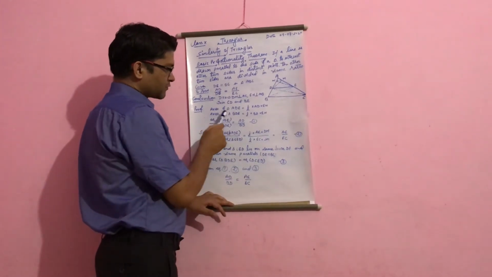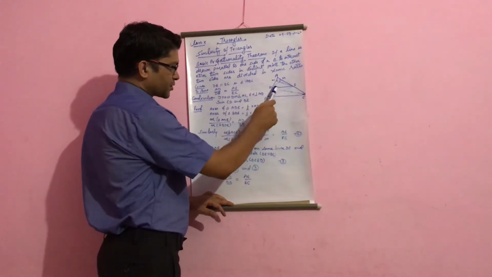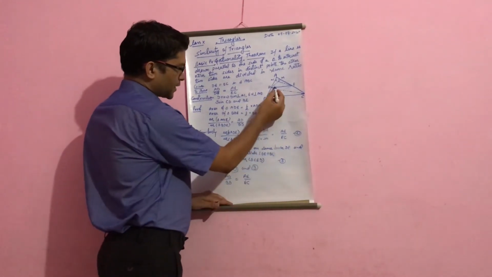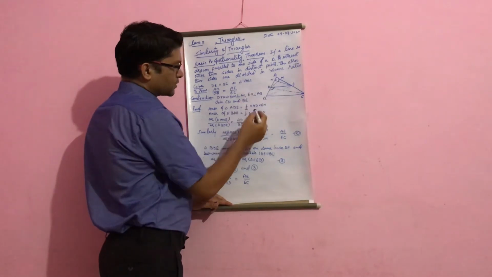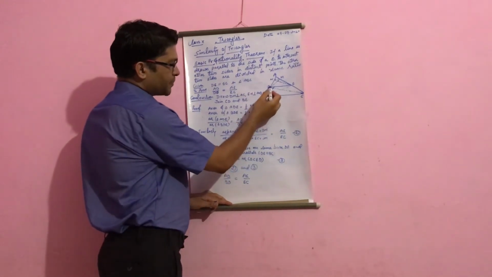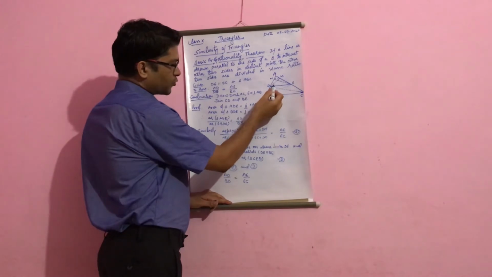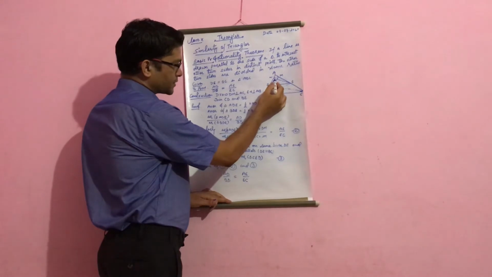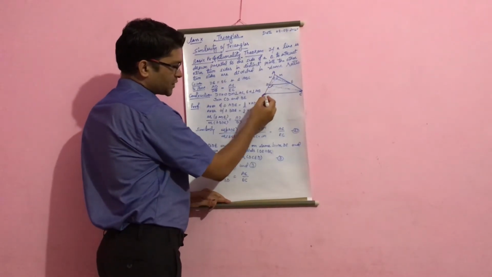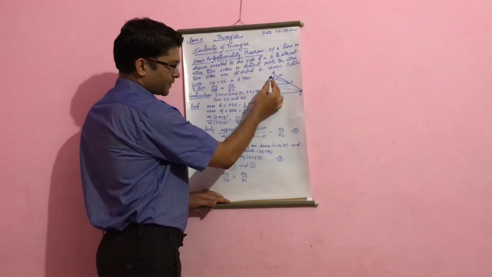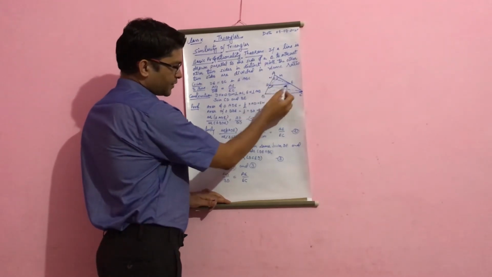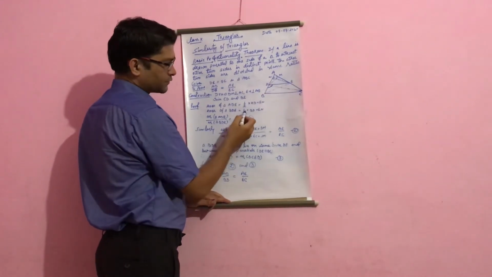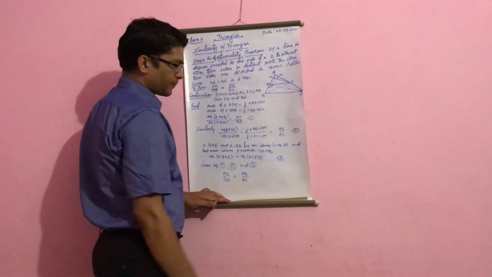Then consider the area of triangle BDE. Now this is an obtuse angled triangle. This angle is obtuse. So if I take BD as base, the perpendicular will be found outside this triangle BDE. EN will be the perpendicular. On base BD, the base will be BD only, but the perpendicular will be EN. So the area of triangle BDE will be half base BD into height EN, that is half into BD into EN.